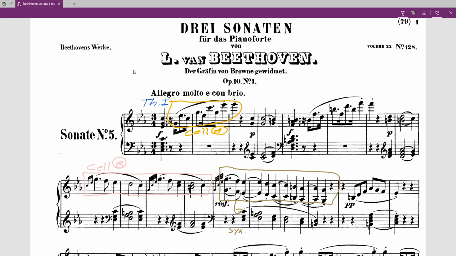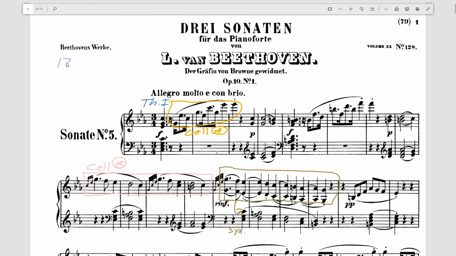This was written between around 1793 and 1796 or 1795, somewhere around there. I don't remember exactly. So this is a very early sonata by Beethoven. He's in his early 20s. He just studied with Haydn. I think he stopped studying with Haydn at this point. But